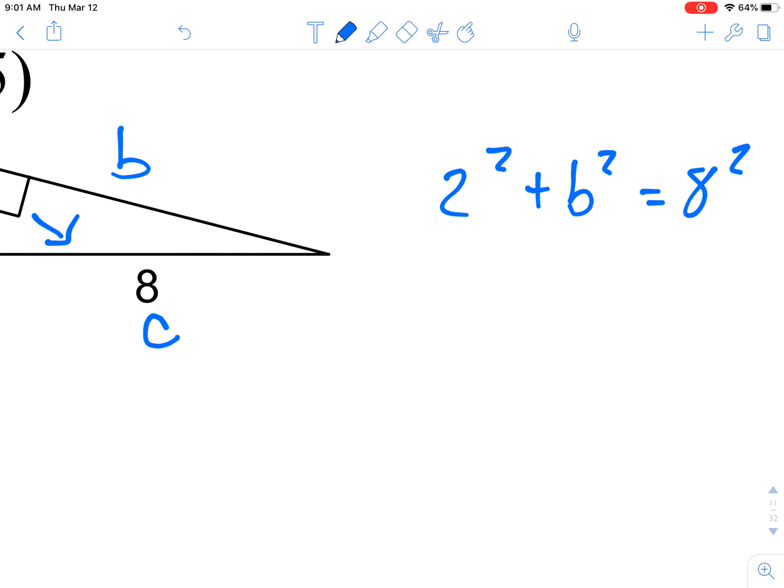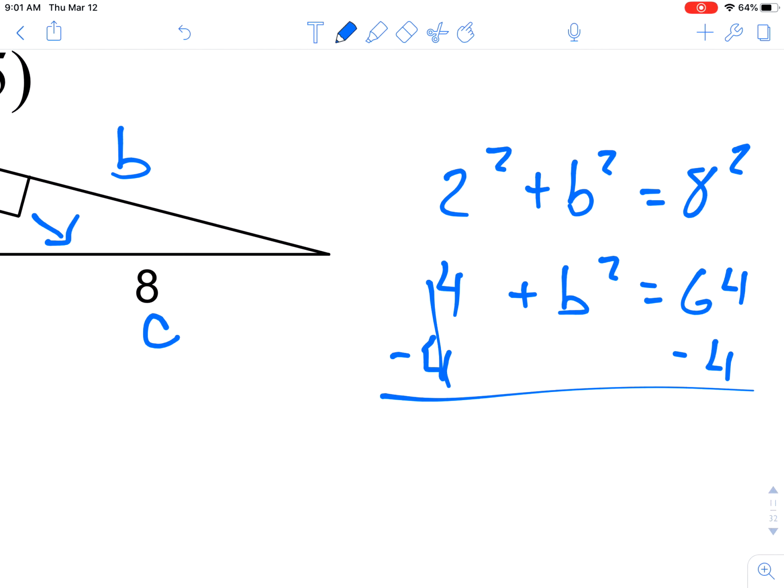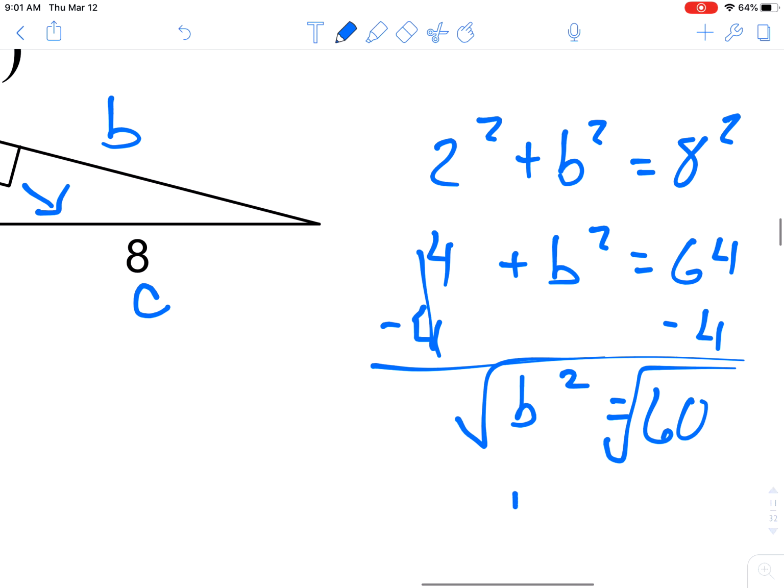And so, again, I'm going to work it out. 4 plus B squared is equal to 64. I want B by itself, so I'm going to subtract 4 from both sides. These cancel out. B squared drops down. It's equal to 60. And then I want to find the square root. The square root of B squared is B. The square root of 60